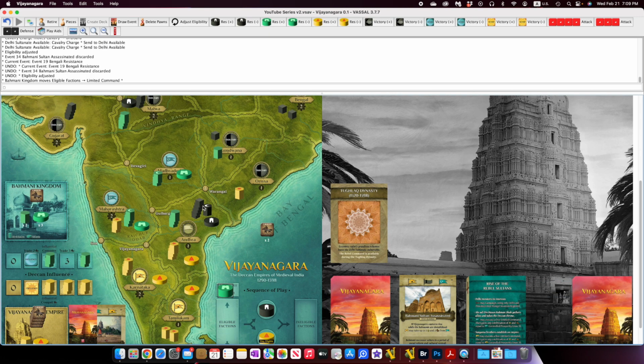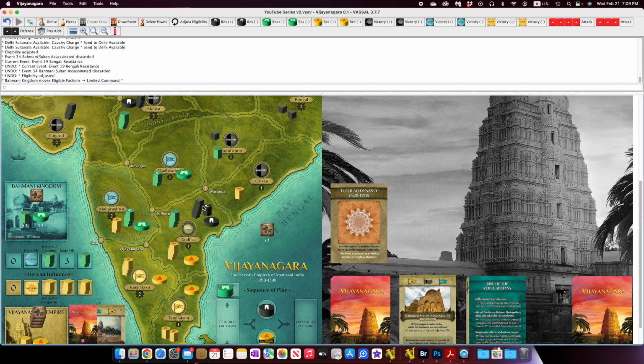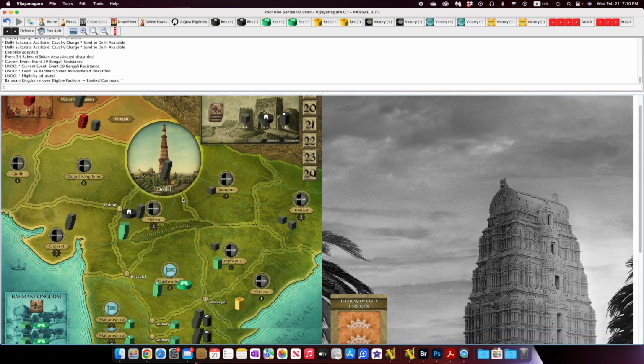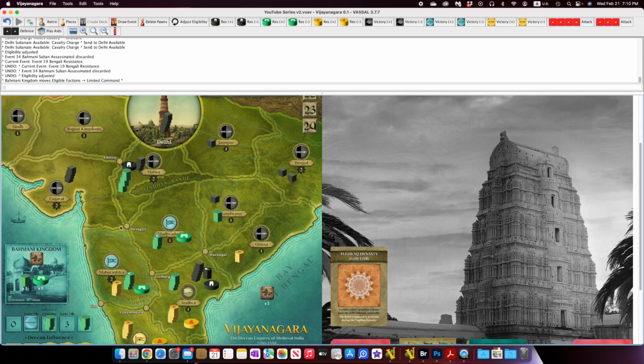Okay, what do we want to do with these guys? Do I want to collect a resource? Let's see here. We've got 2 available Rajas. Yeah, let's see, 3, 4, 3. So we kind of thwarted them there a little bit. But what we could do is